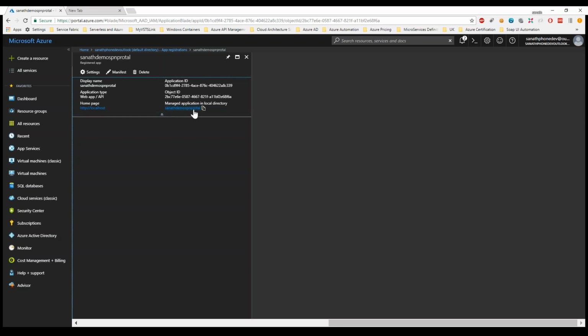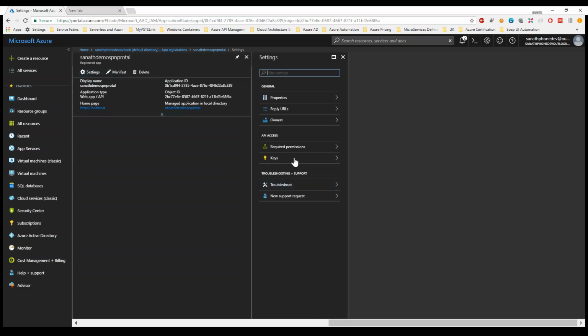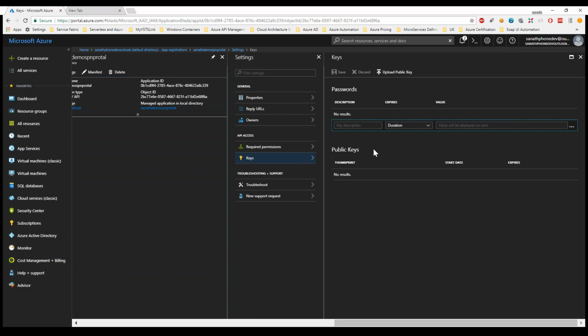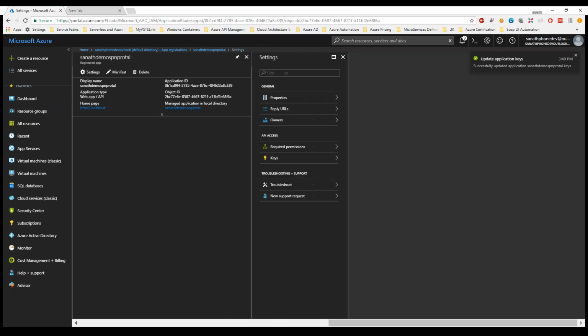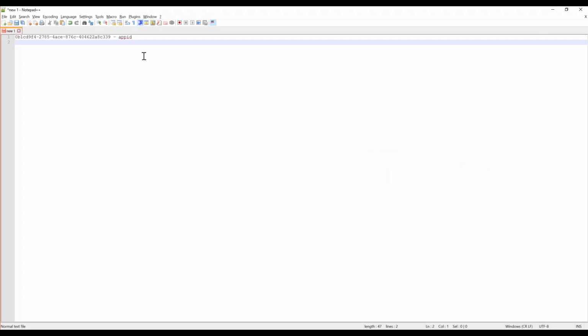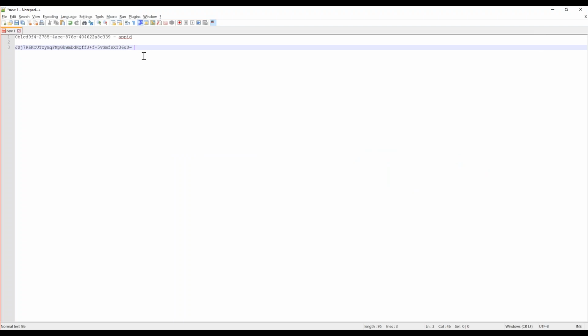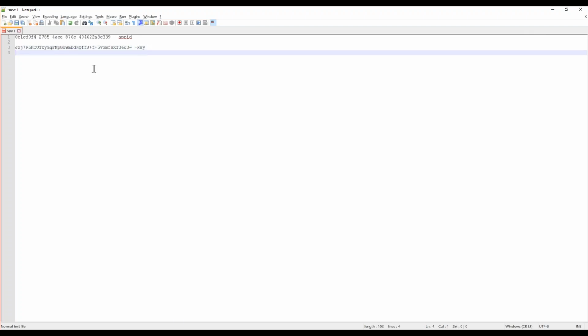I'm gonna go back and we're gonna go to settings, keys. I need to create one. Got this login key. I can set the expiration. Hit save. As soon as I hit save, it generates a value. Let me just copy that and close it. Save this as key,